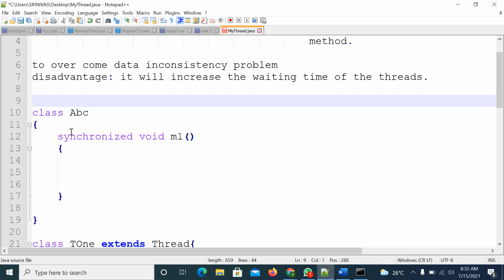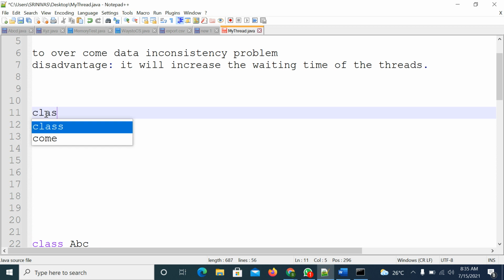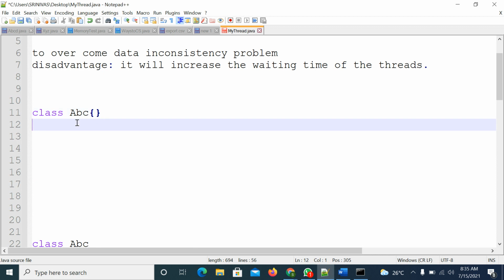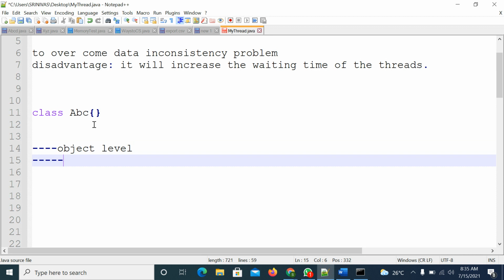Next one. If you take any class, suppose there is an ABC class. For every class, we have two levels: one is the object level and one is the class level.